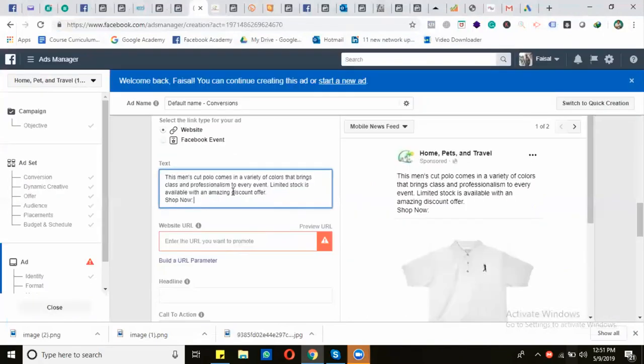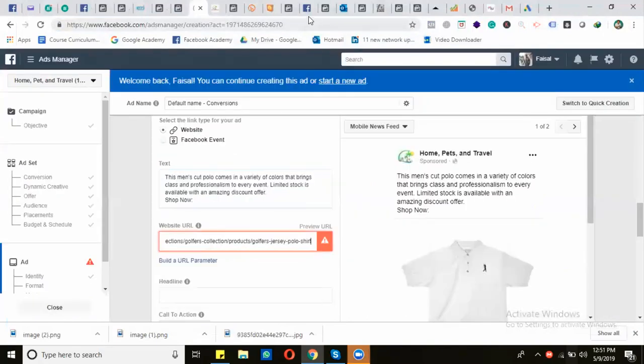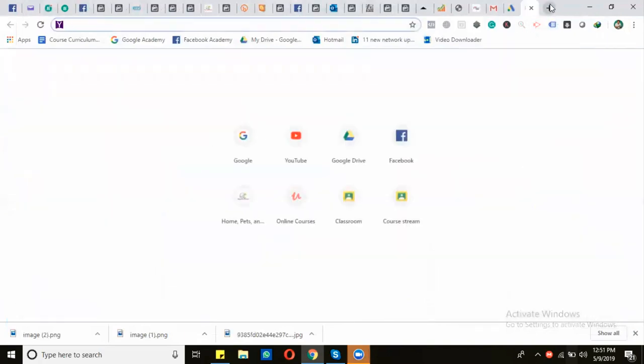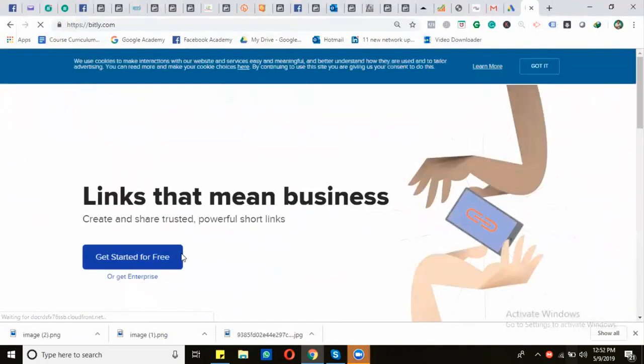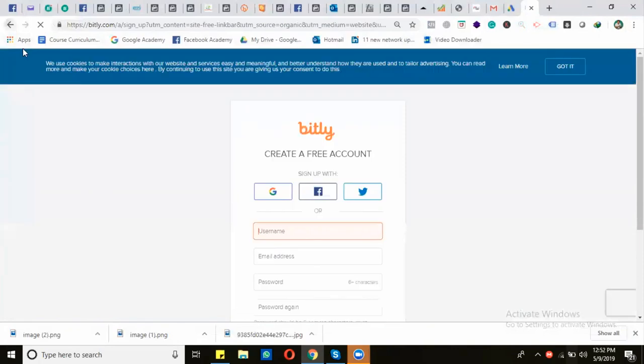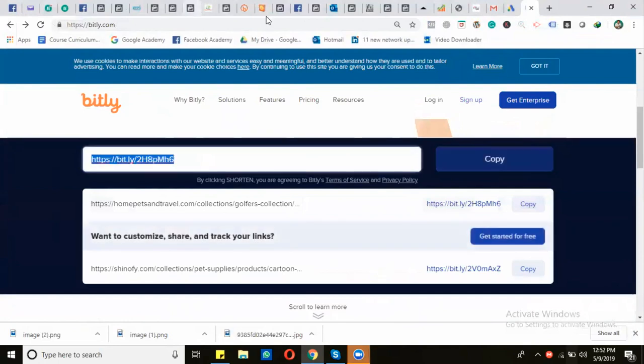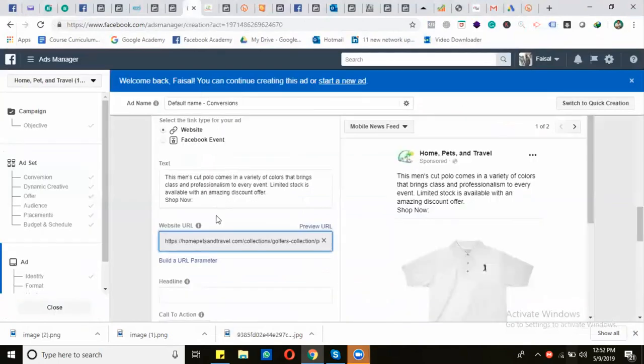For this link, we need to put the whole website URL here, and we can also use a Bitly link for shortening the URL. Or simply put the whole link here, use the shortener, copy this link and place it here.